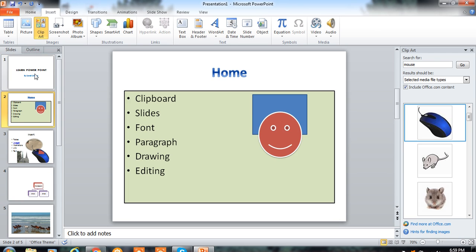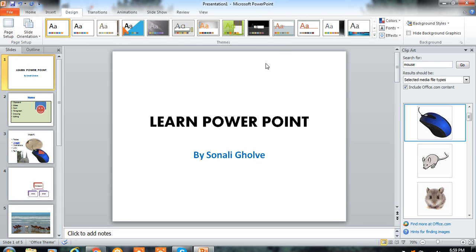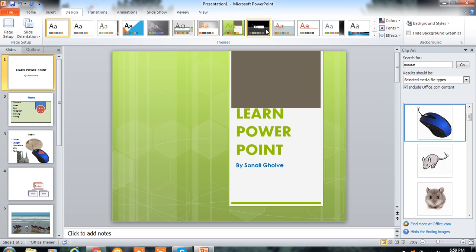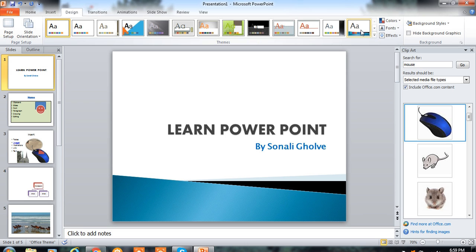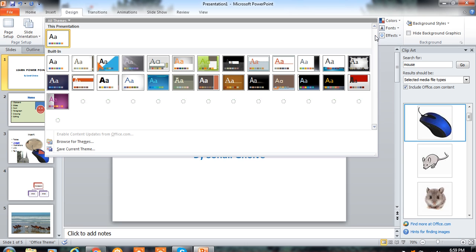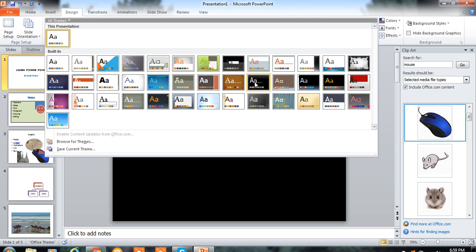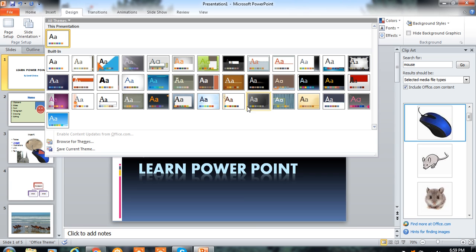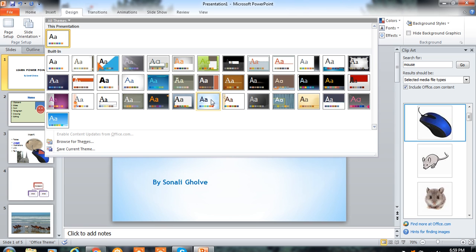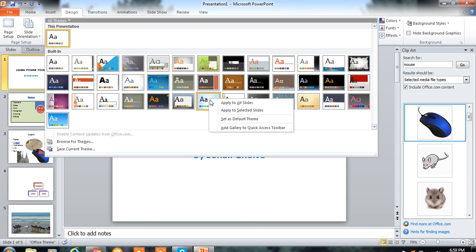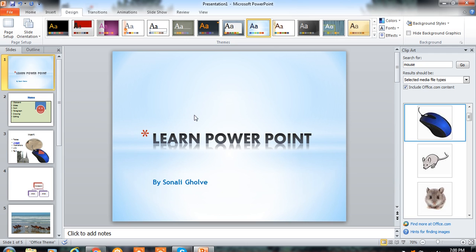Now, the next point is to do the design of the slide. You can use any theme from the already given themes. Give a professional theme. Don't select these bright options. When you are directly clicking on this, it is automatically applied to all slides. Suppose you want this for a particular slide, then right click on it and apply to selected slide. Then it is only for this slide.